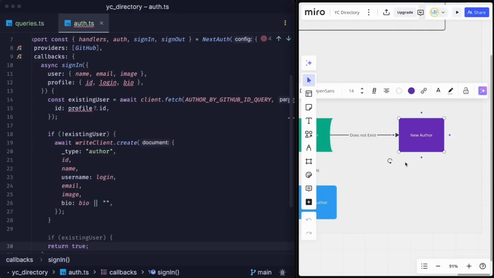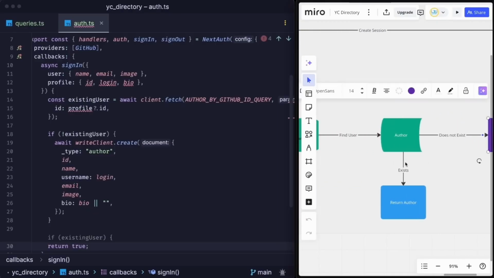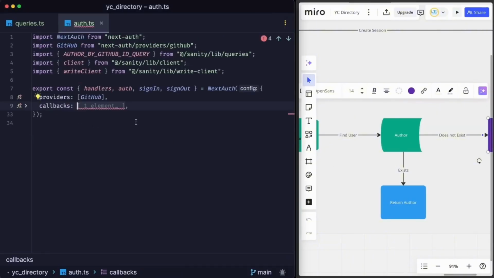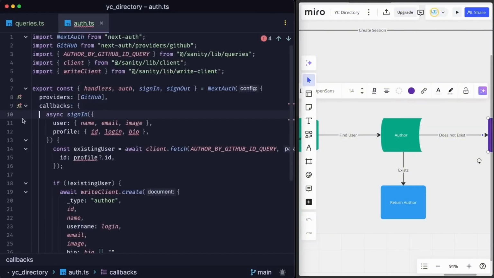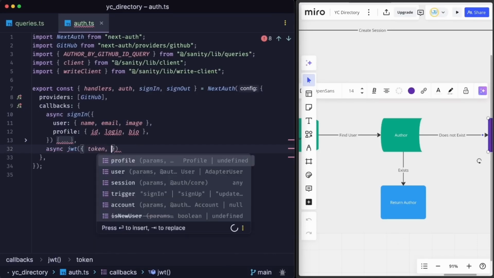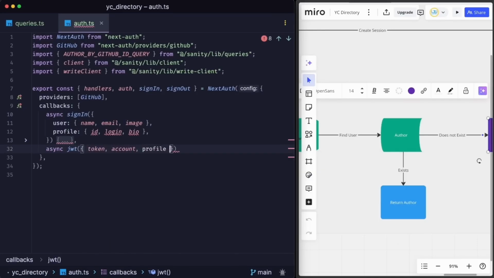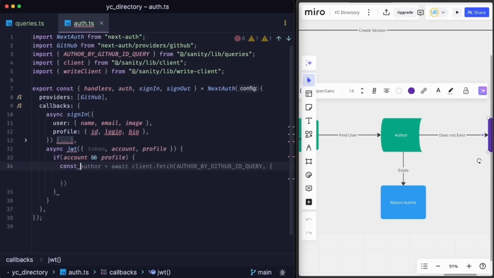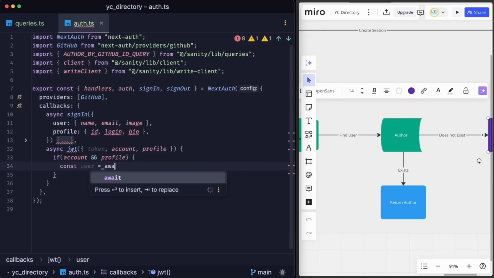So let's modify the default JWT token and add the author ID to it. We can do that by creating a second callback right here, right below the async sign-in. We can create async JWT, where we get the token, the account, and the profile. There, we can check if account exists, and if profile exists, then we can get the user from Sanity by saying const user is equal to await